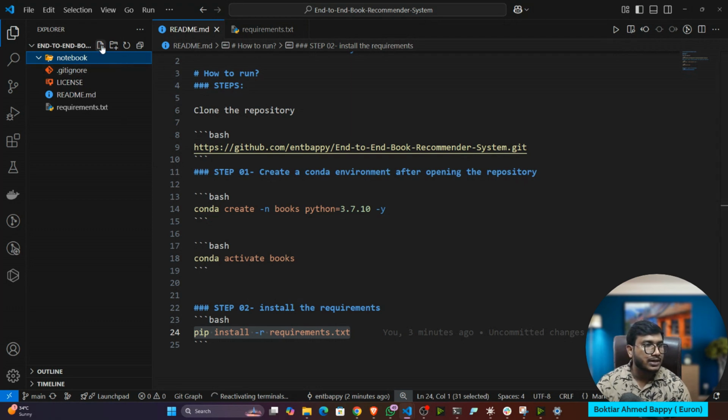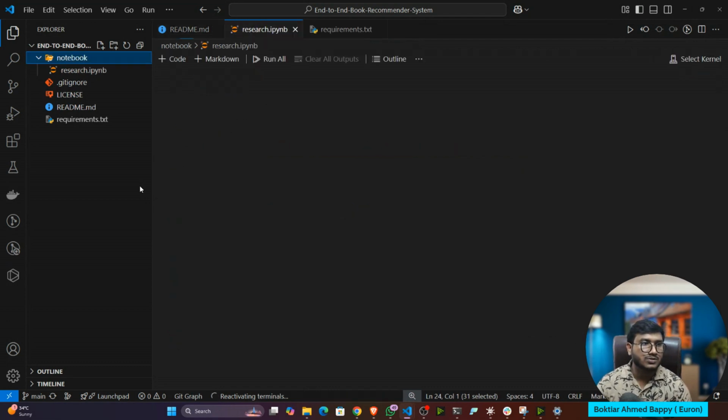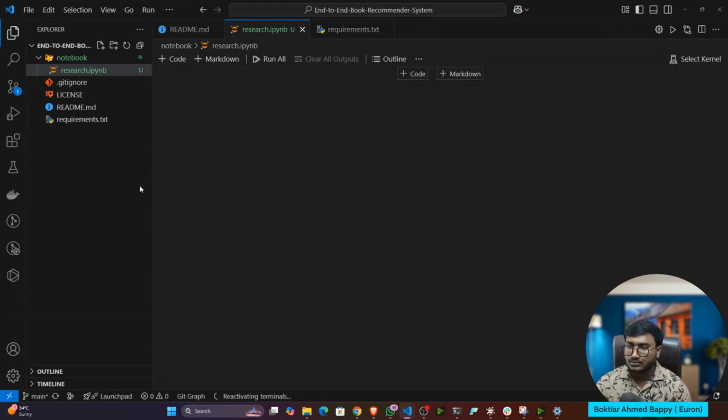So in the notebook folder, we'll create a file. I'm going to name it trials or research .ipynb. First of all, we'll develop the entire project in the Jupyter notebook. Then I will show you the modular approach, how we can convert this project into modular coding. This approach I usually prefer whenever I implement any kind of project. First of all, I implement the entire project in the Jupyter notebook. I test, I experiment. If everything works fine, then I convert that project to modular coding. And you have to do the same thing.